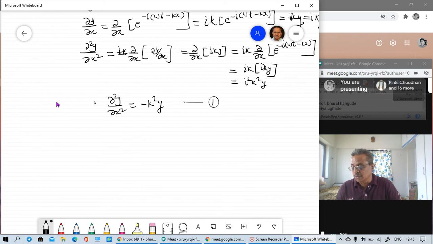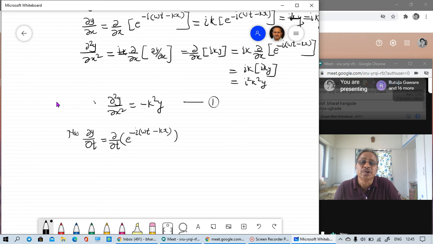Now second, पुढचा डेरिव्हेटिव्ह आपल्याला घ्यायचा आहे, differential of y with another independent variable t. So now delta y upon delta t is equal to, again this is the differential of the given function with respect to t, of e raised to minus I omega t minus kx. Now while taking the differential with respect to t, only the differential of this part comes here, and this minus kx will not be differentiated. So again here minus I omega will be outside of this.